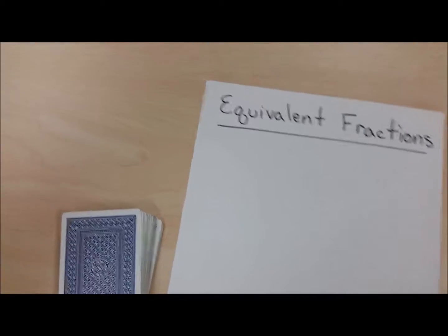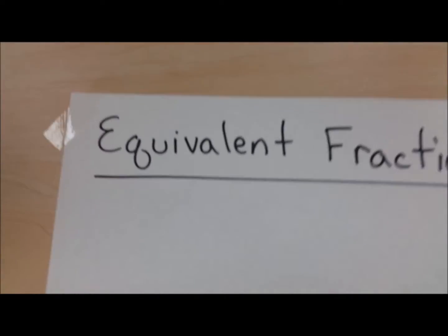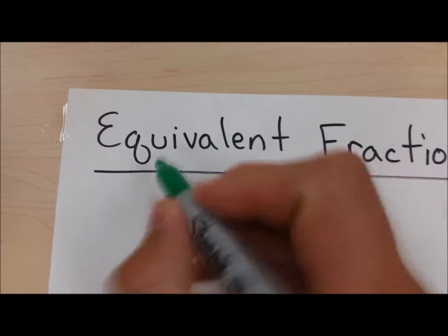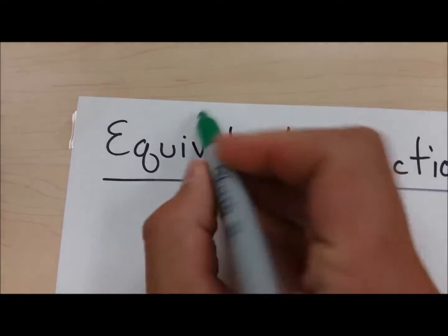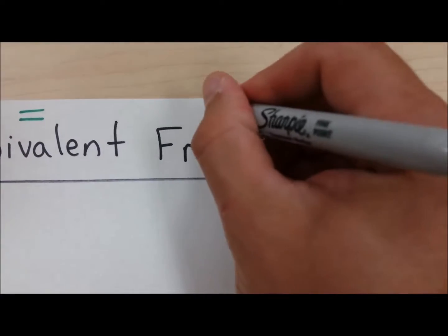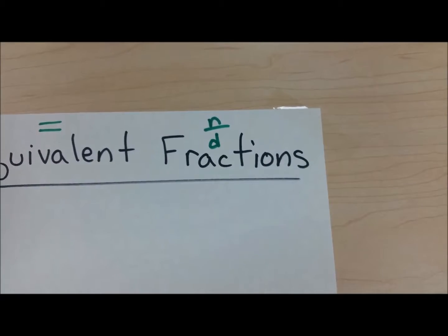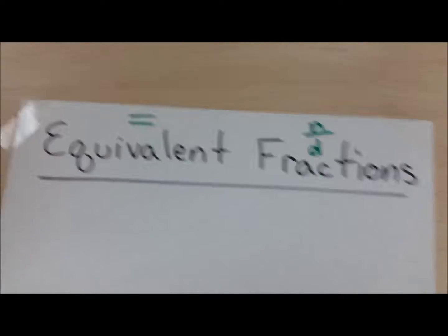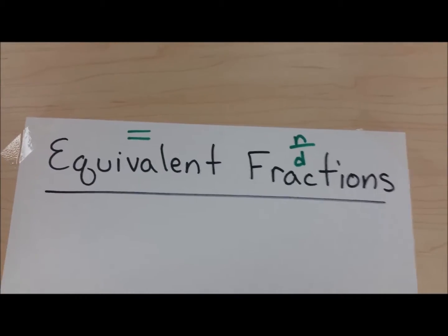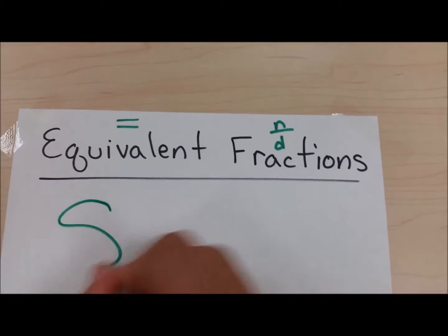and let's first start out with looking at the actual word. So the actual word equivalent, right? Equivalent really means equal, right? So equal. So we're going to have equal fractions. And remember, a fraction is just a numerator over a denominator. Okay, so a numerator over denominator, we have 2 or 3 or 4 multiple fractions that are all equivalent, meaning that when we